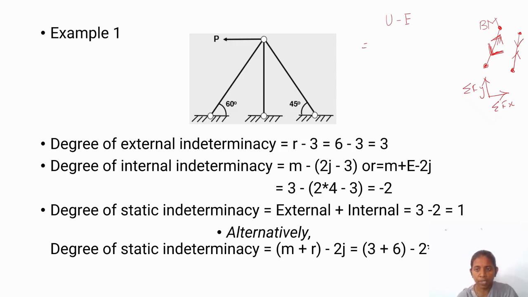There is no resisting moment in that case. Hence summation of Fx, Fy should be considered. So the equations derived on the basis of each joint have two force equilibrium equations, Fx equal to 0, Fy equal to 0. So 2 into the number of joints